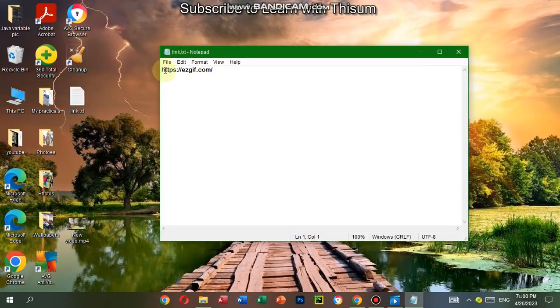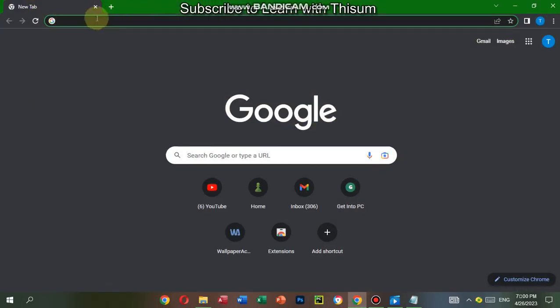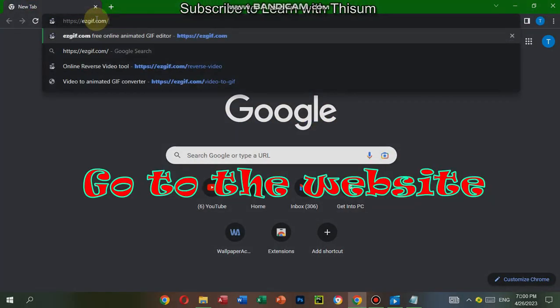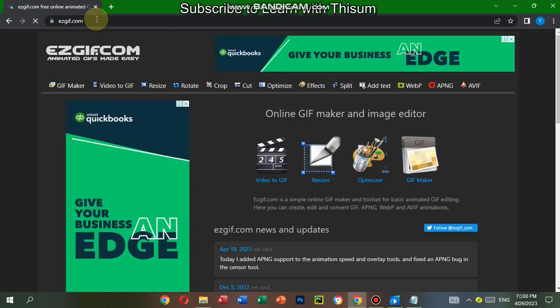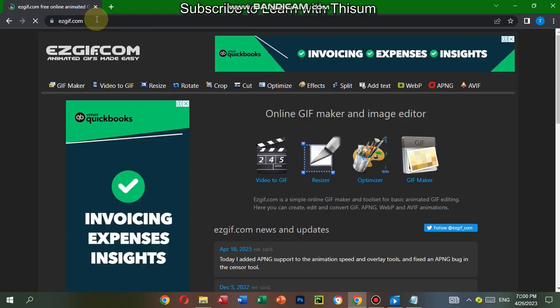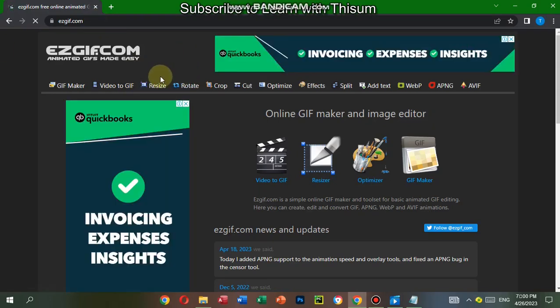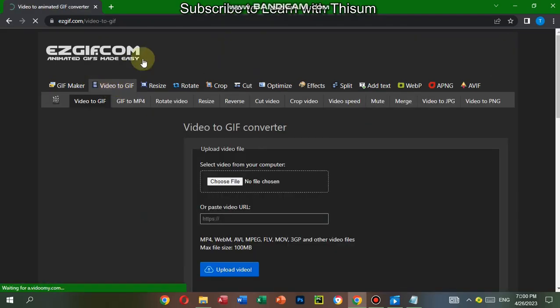And then you have to go to this website. I'll put this link in the description, and just then open Google Chrome, paste this link, and go to this link. Now you will see easygif.com, and you will see a bunch of options in the header, and then you have to go to this video to GIF option, right there, video to GIF option, and then you see